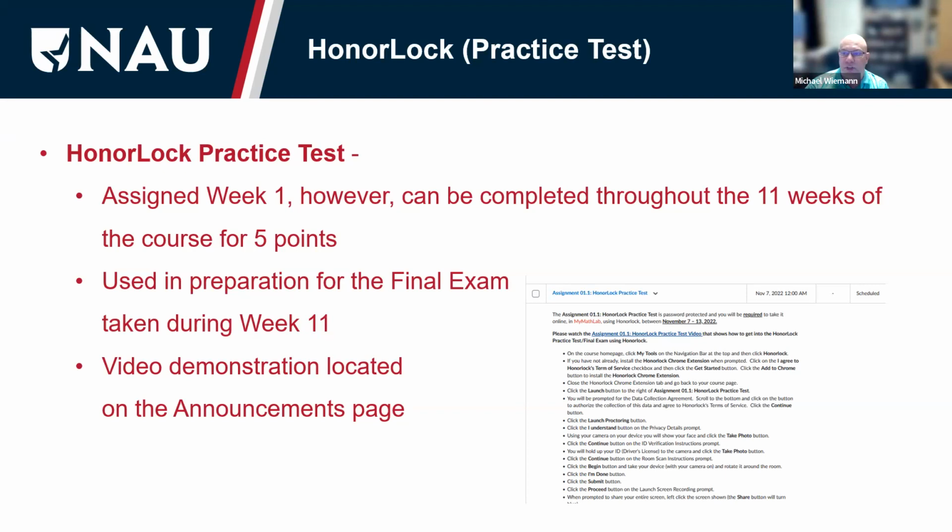You'll follow through the steps, take that device and do a 360 room scan. You'll practice that, and then it will have you go into MyMathLab and open up the Honor Lock practice test. It'll be a series of 5 or 6 questions that you will complete to earn those respective 5 points.